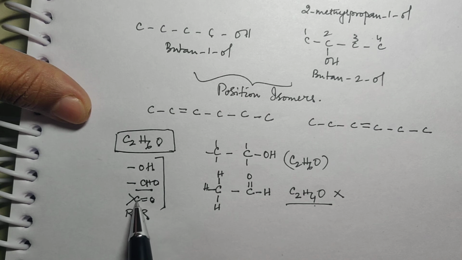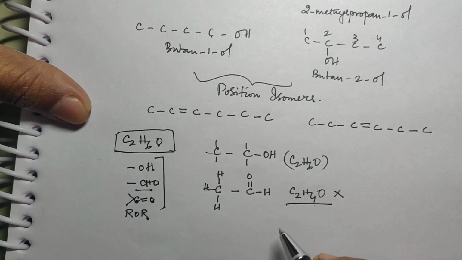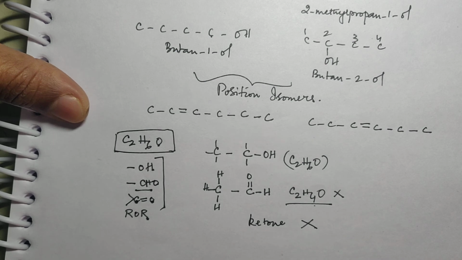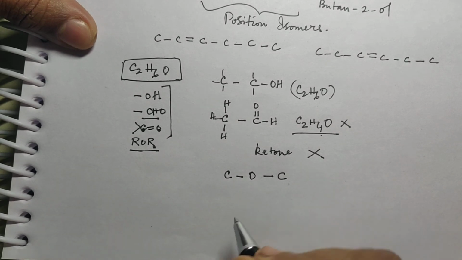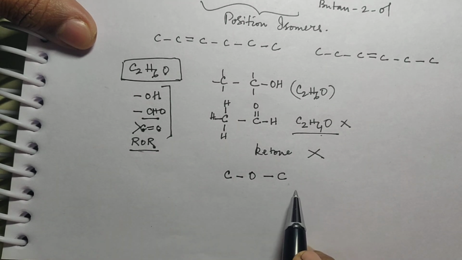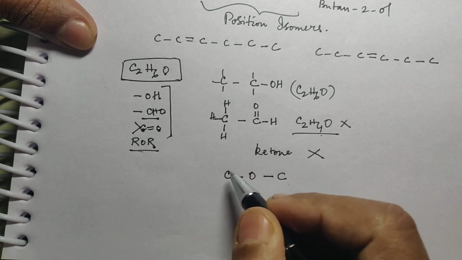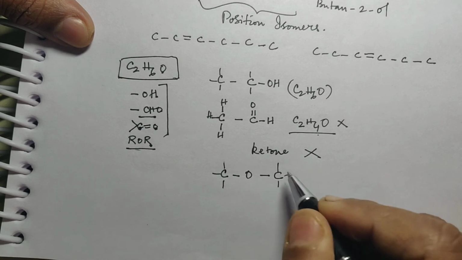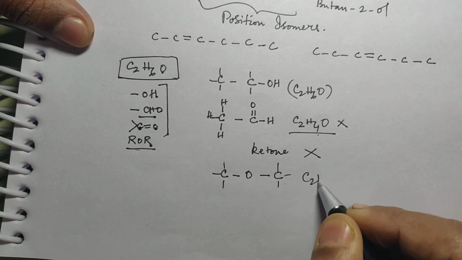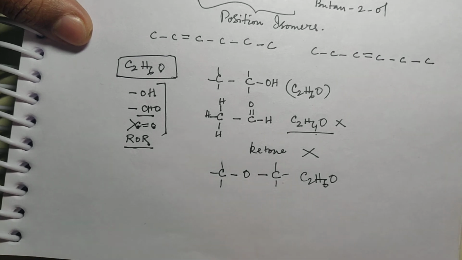Now if you write ketone, for ketone the minimum number of carbon atoms is 3. You have only 2. So ketone cannot be written. Now come to the last one, that is ROR. ROR means COC. This is how you will write. Okay, this is ether. Oxygen surrounded by 2 carbons. Now with this I put 3 hydrogens, and with this 3 hydrogens. So that is 3 + 3 is 6, and 2 carbons. So C2H6O tallies here.